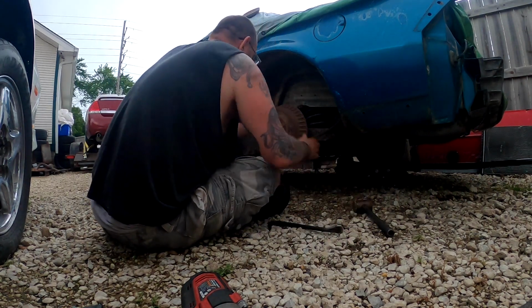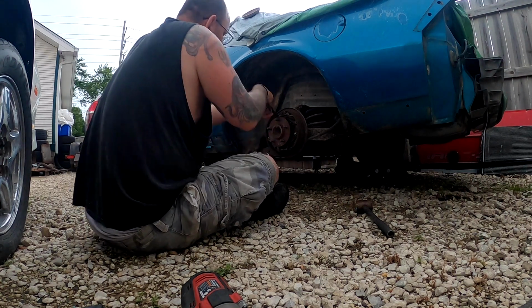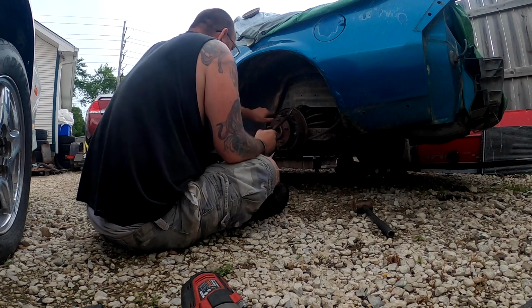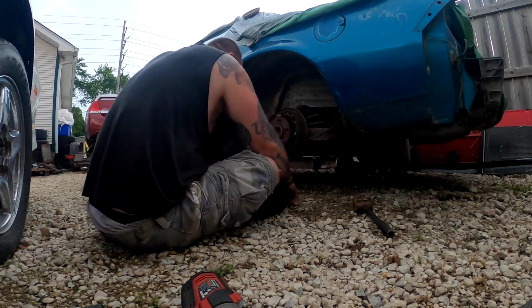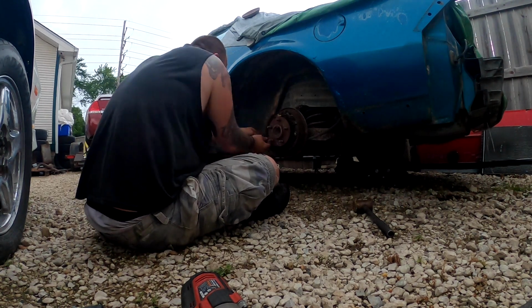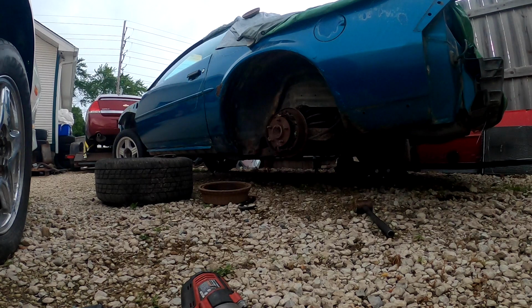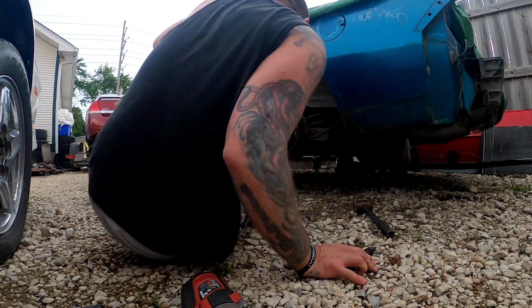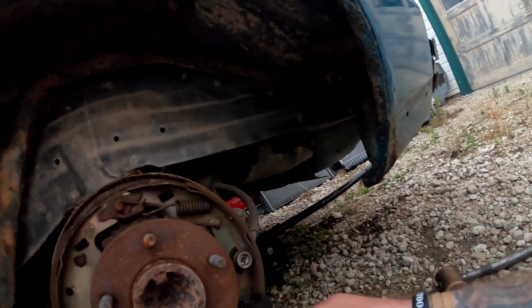Watch this. Take this off. Since I don't care about this car, be very careful with these springs, because they will shoot up and mess you up. I am going to pop these springs off. And I need a pair of vice grips or channel locks or something. I have the tools, but they're in the truck. All I have to do is push in on this guy here, spin it so it lines up with that. This pops off, that shoe will come off, and that'll free up this one, and I'll pop this off